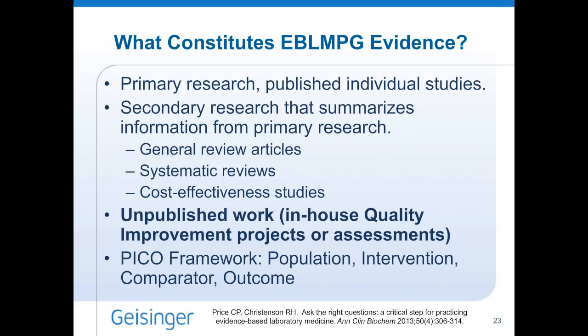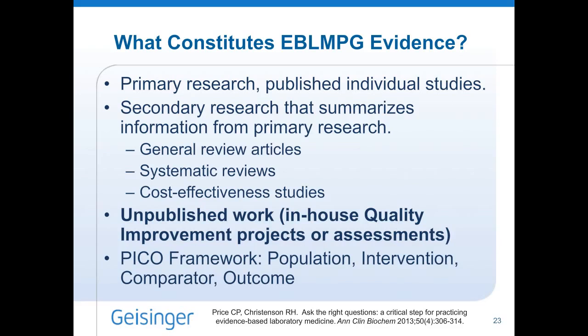And what's really unique about the EBLMPG evidence guidelines is that we're all used to seeing publications of primary and secondary research. They are largely biased towards academic institutions that publish and have huge research teams and things of that nature. But the EBLMPG allows unpublished work. So even if you only have 25 patients that you've looked at, that data can be pooled. So your in-house quality improvement projects that may never get published can still provide part of the national guidance that you can then reap benefit from.